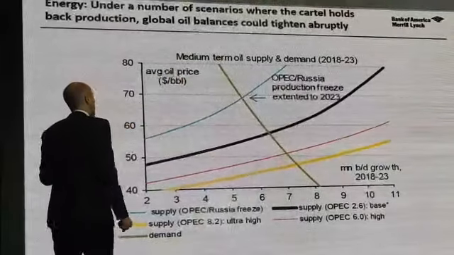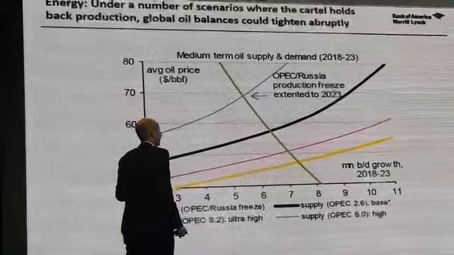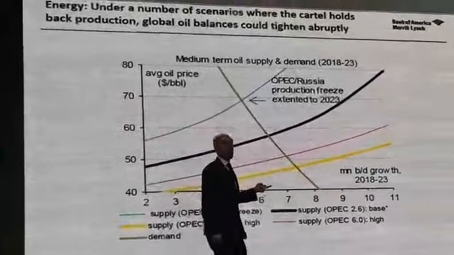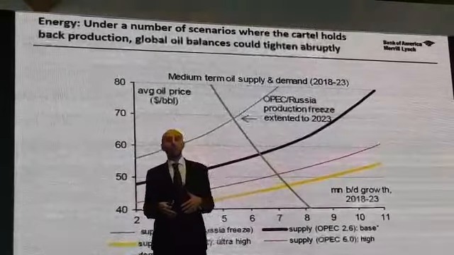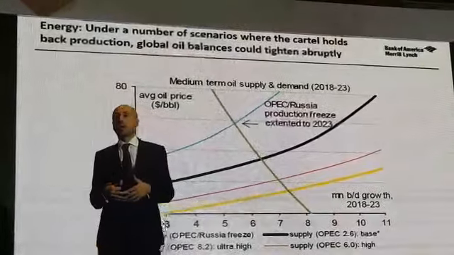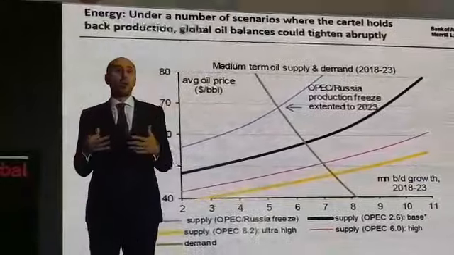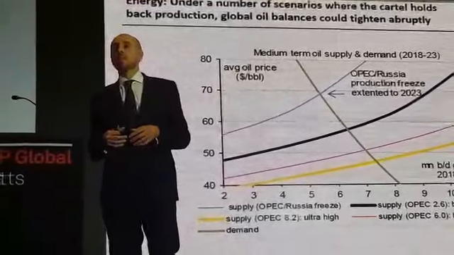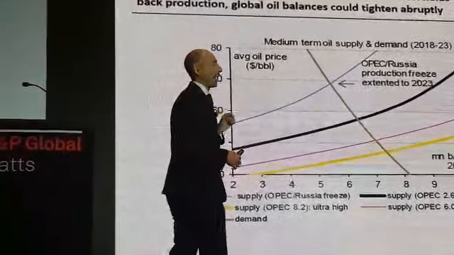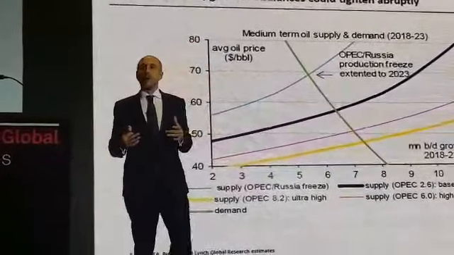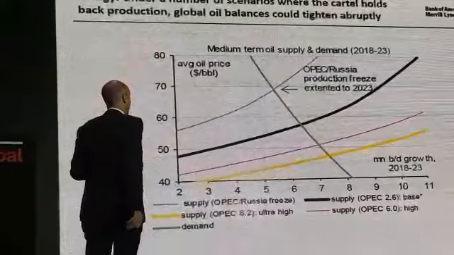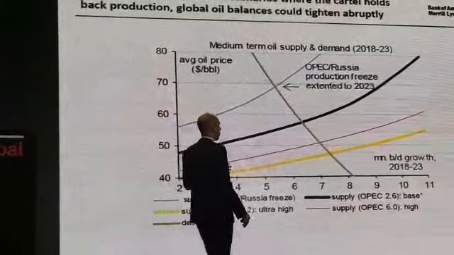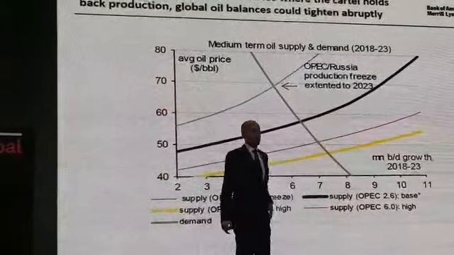But we can rule it out because not only is Saudi not expanding to 15 million barrels a day, but other countries are seeing collapsing production, like Venezuela. Other countries like Nigeria struggling. Libya, who knows, right? So we're not going to get 8 million barrels a day, which is what will keep oil in a $40 to $50 environment. We're probably not going to get 6, which is what will keep oil in a $55 environment.